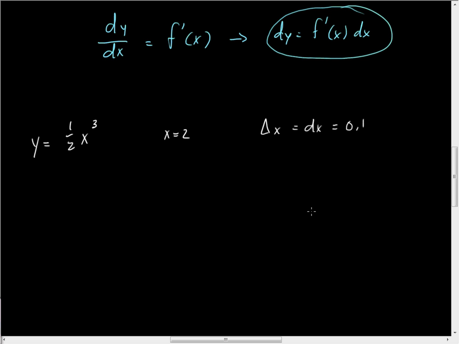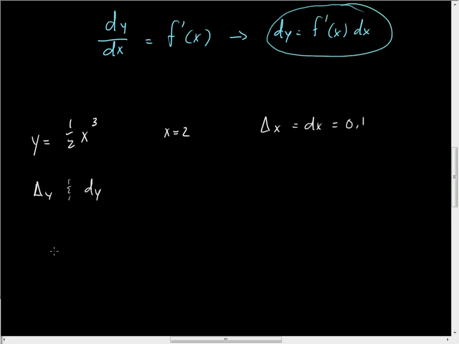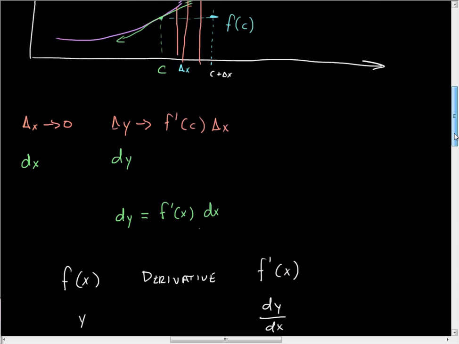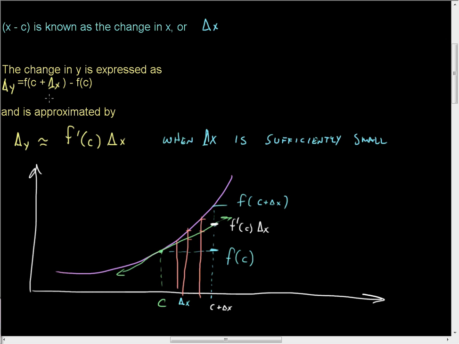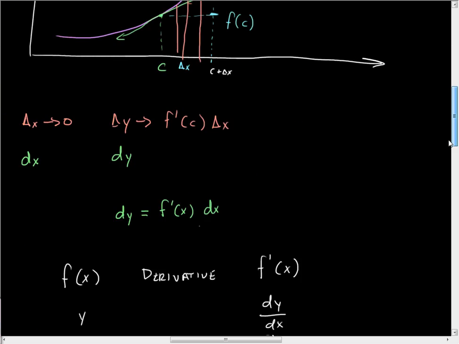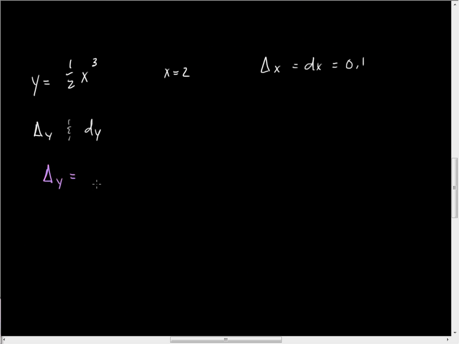Okay, and so let's compare. We're going to look at change of y and dy and see how they compare and see how good of an approximation this is. All right, well, the change of y, recall, we can run up here and remind ourselves of what it is. The change of y is f of c plus delta x minus f of c. So this is x equals 2, and the change in x is 0.1. So this is going to be f of 2 plus 0.1